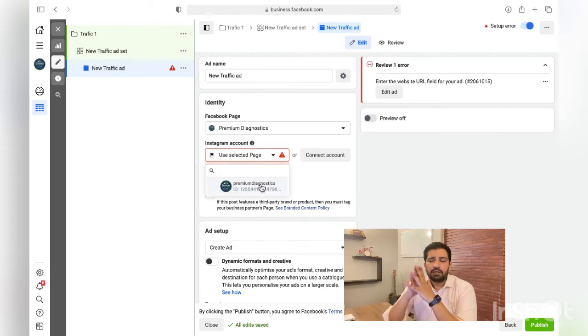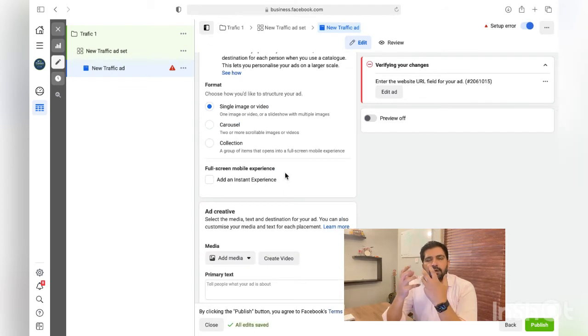I suggest starting with landing page views and letting it run for at least 5 to 6 days. Let Facebook learn, let Facebook generate a certain audience for you, and then eventually you can start running the conversion ads. So once you've chosen this option, just click on next.